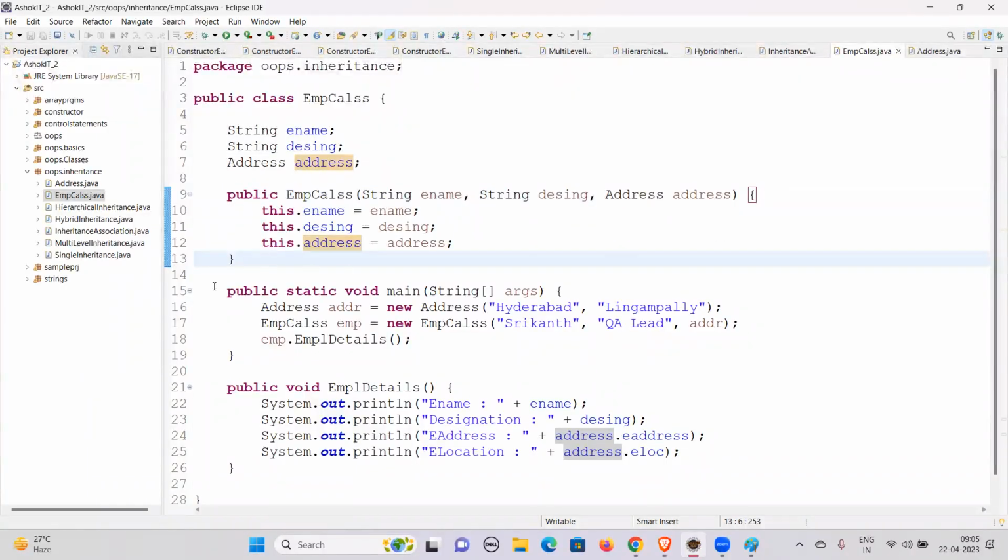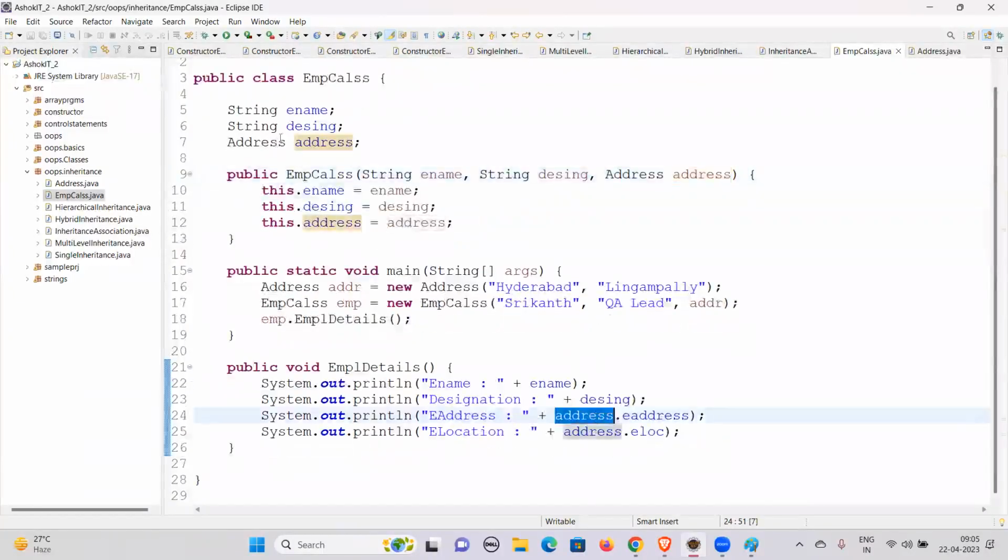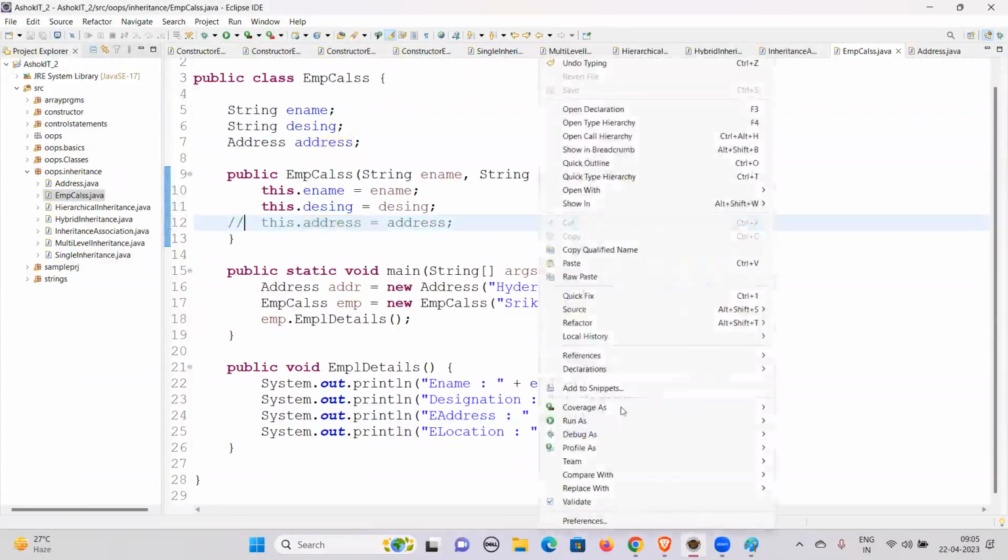After this, I've created the main method. Inside this main method, I've created the object for this particular address class. This I'm passing as a parameter. Now this will be taken when the constructor is called. So when the constructor is called, it will go here, and ADR is pointing to this, and this will be pointing to this, and this will be pointing to this. Now when I'm trying to access, these are the values that I'm getting. Now you see when I try to execute this,